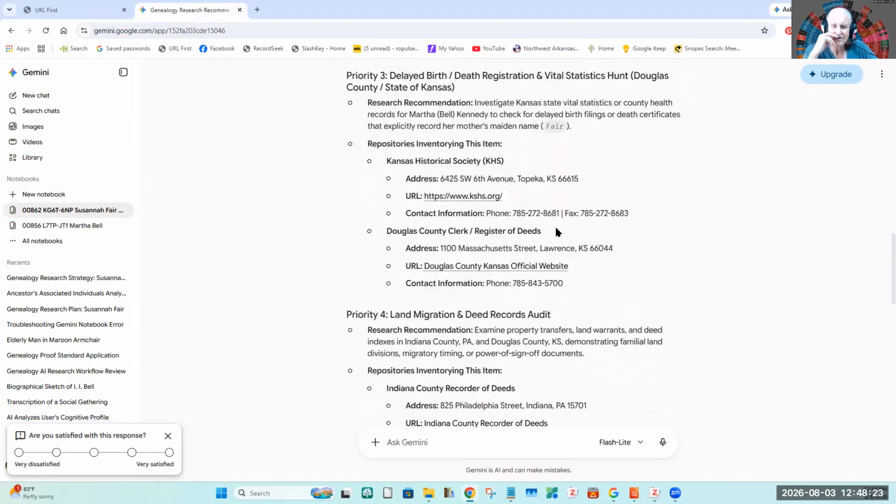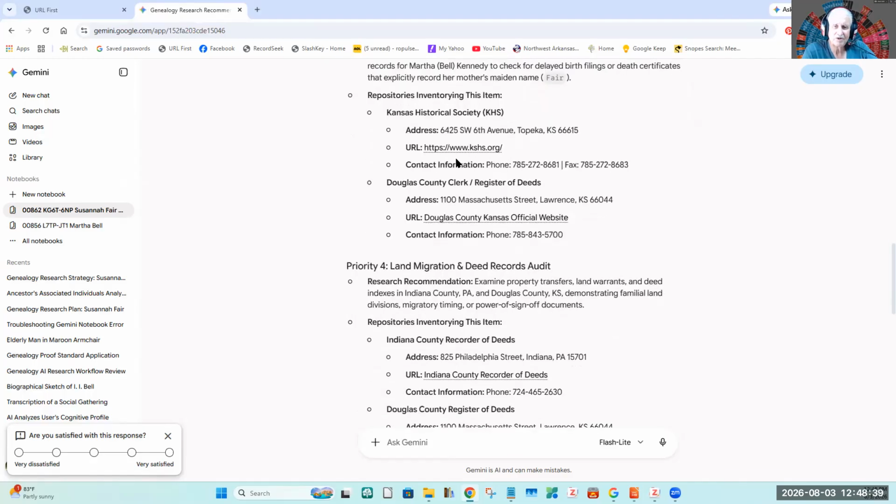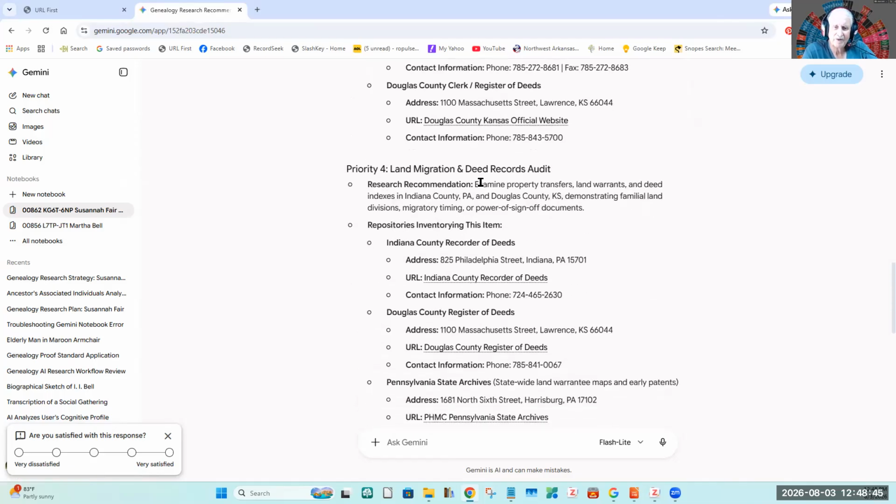And then the third was delayed birth and death registrations. And this is in Kansas for Douglas County, Kansas. So the Kansas Historical Society and the Douglas County Clerk and Registry of Deeds. Kansas Historical Society has a lot of information, and I've used them for other records that I've needed.